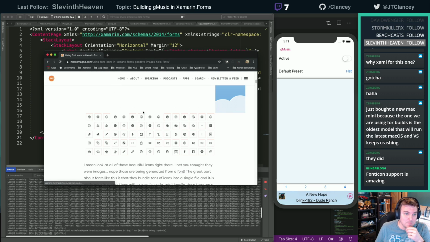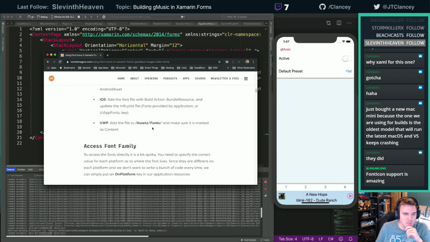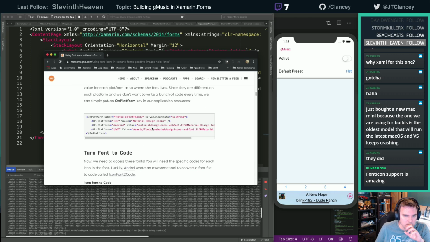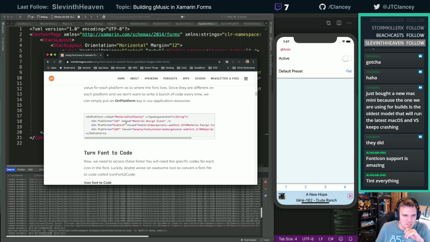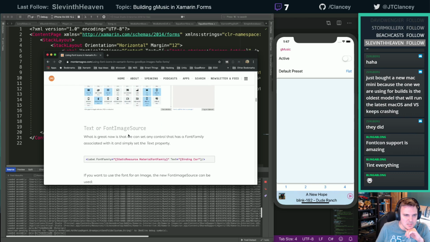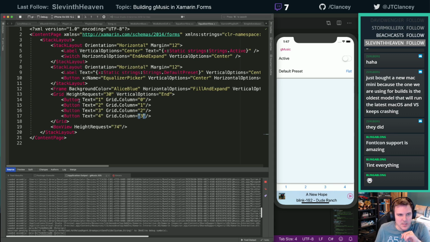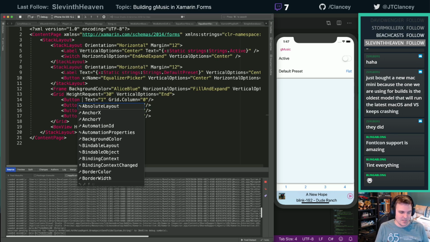So, yeah, it makes this really easy. Oh, I don't want to do all this stuff. I already have that worked out for me. All right, we're just going to set those in code. Even easier. Yes, tint. That's exactly what's going to happen.